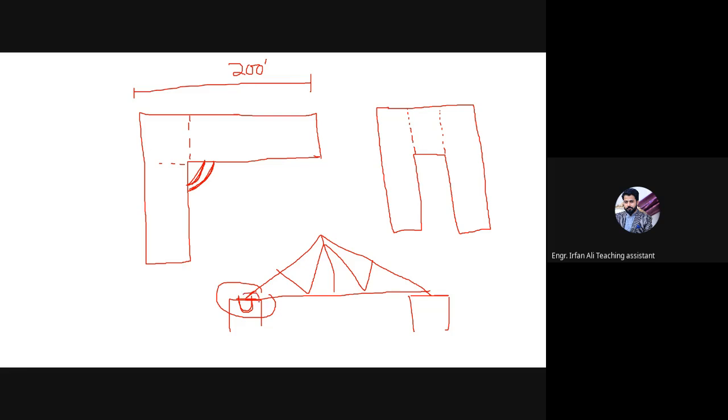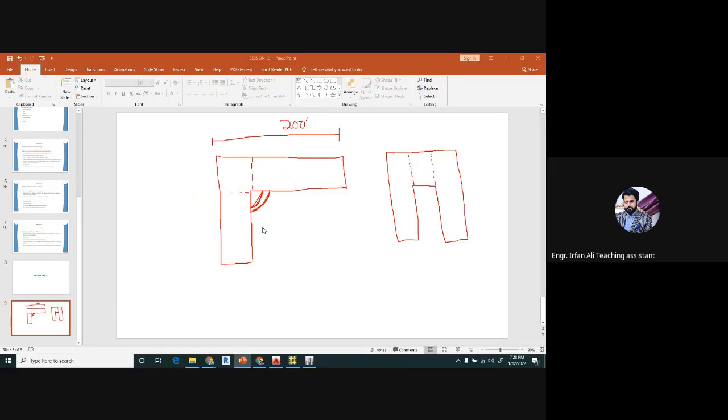तो आपके पास ये कनेक्शन पिन होना चाहिए, अदरवाइज दिस मोमेंट विल बी ट्रांसफर इनटू दिस एंड। तो आपके पास इस मेंबर में मोमेंट आ जाएंगे। यहाँ तो सारे पिन हैं, तो ये तो मोमेंट्स नहीं ले सकते, लेकिन ये मेंबर मोमेंट में, फ्लेक्चर में फेल हो जाएगा। आपने मॉडल में इसको डिजाइन नहीं किया हुआ, लेकिन एक्चुअल में अगर आप इसको फिक्स करेंगे तो दैट विल फेल इन फ्लेक्चर। ठीक है। ओके सर।